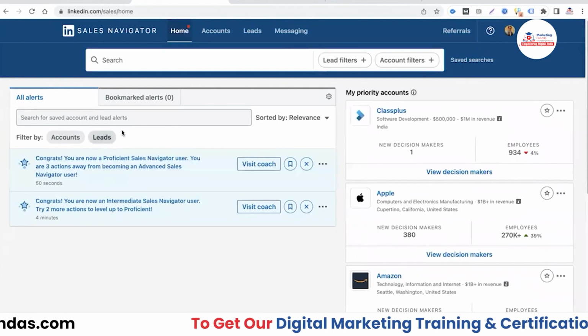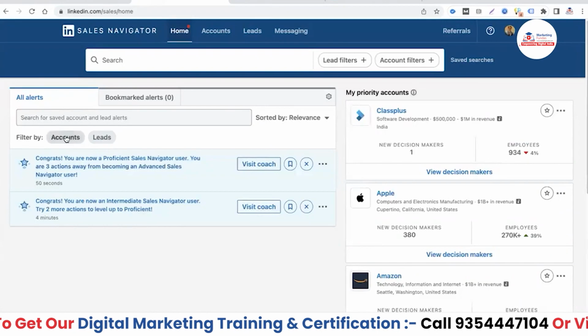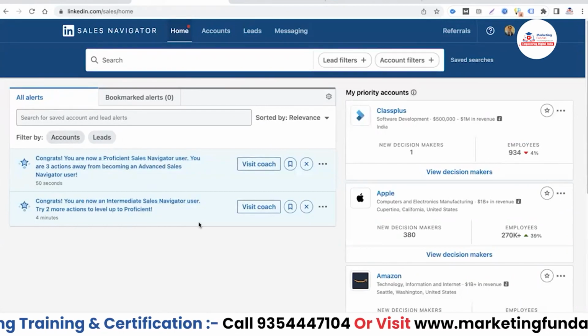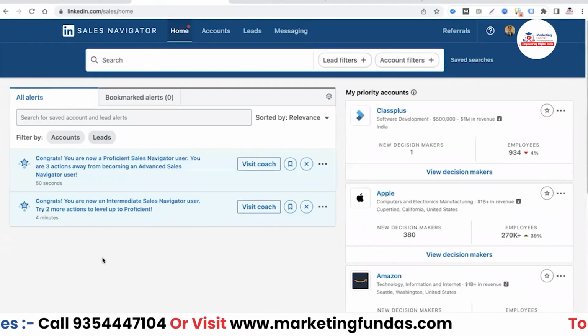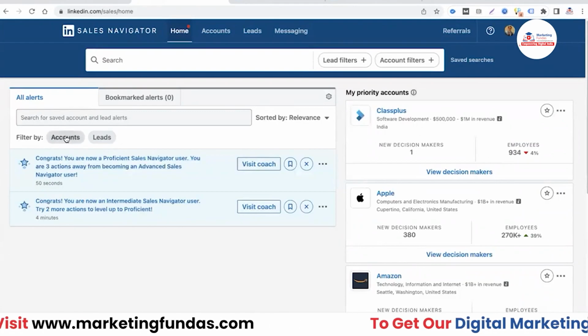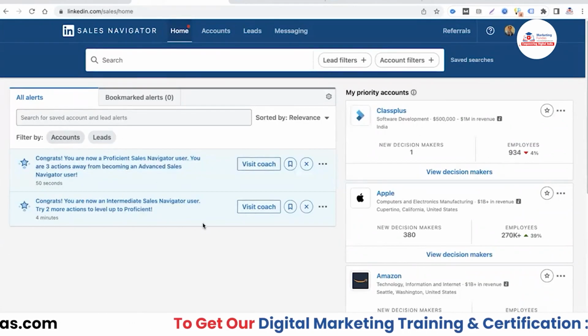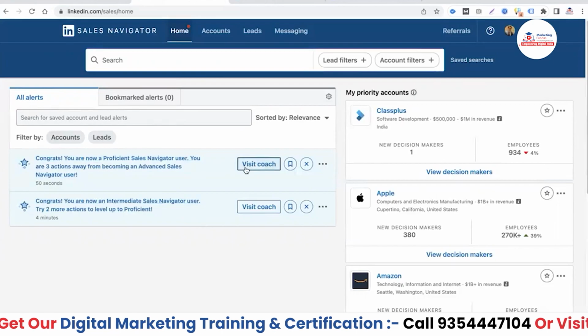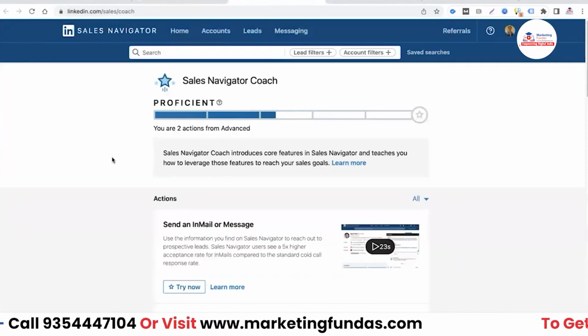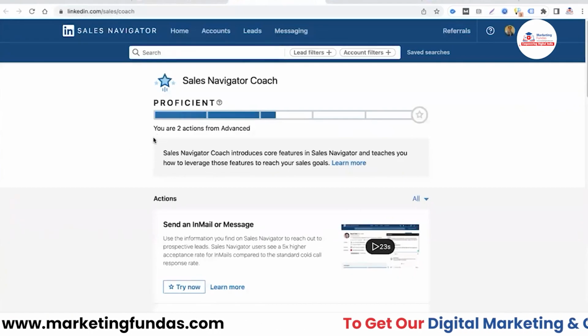So as you can see, if I click on the home button, I'll see that everything is blank over here. If I click on accounts or if I click on leads, I'll be able to see the related details, right? If I click on coach, as you can see, the Sales Navigator coach option is over here, and I'll be able to see